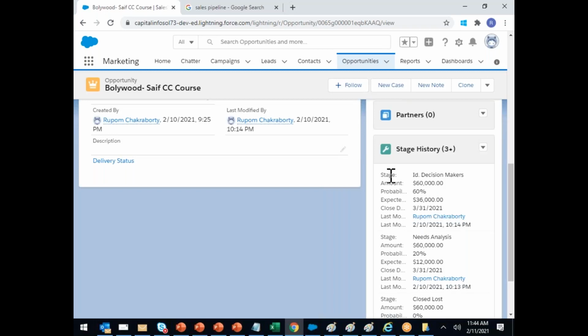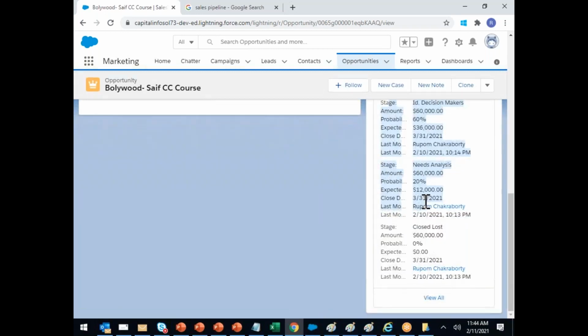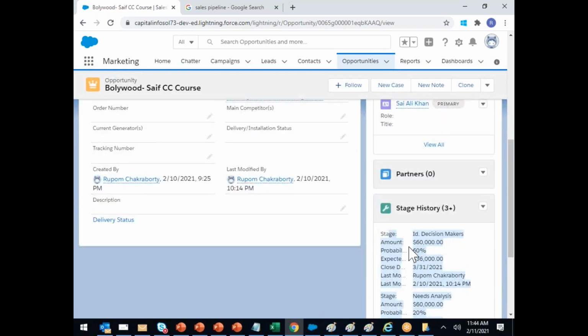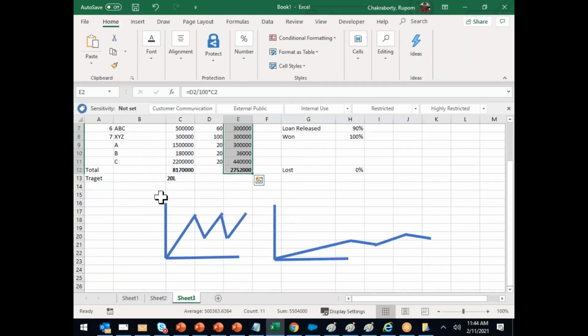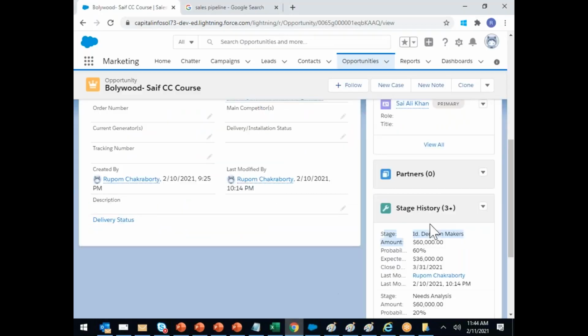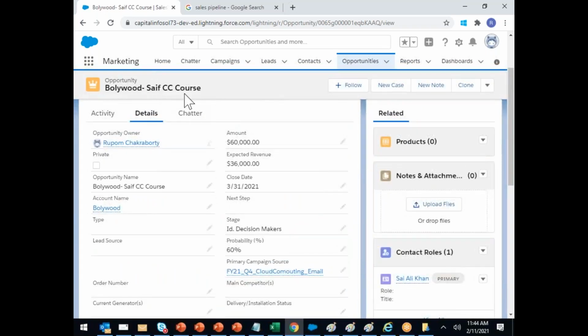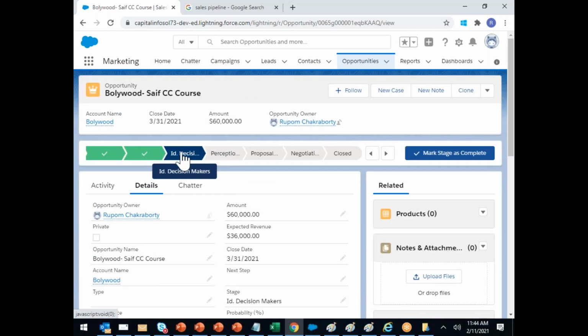Tomorrow you have to make a graph with this data. Whatever this data is there, can anybody delete this data? No. You have to go ahead and create a graph with this data, something like this graph I'm talking about. With this graph, managers will be able to understand what sales are doing, whether this is a genuine deal or not, whether this is a fake deal or not, with a stage.